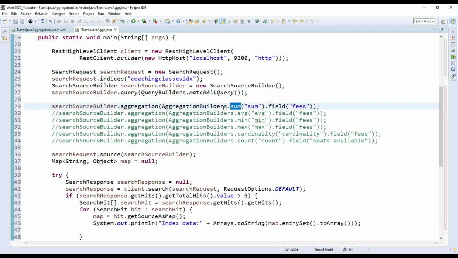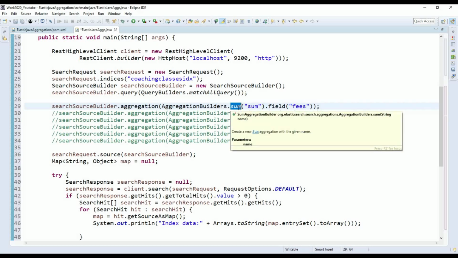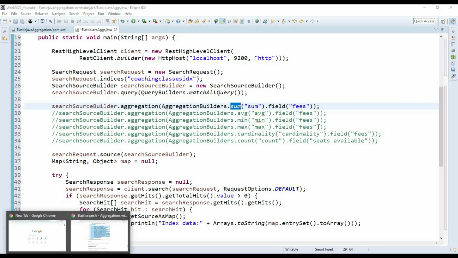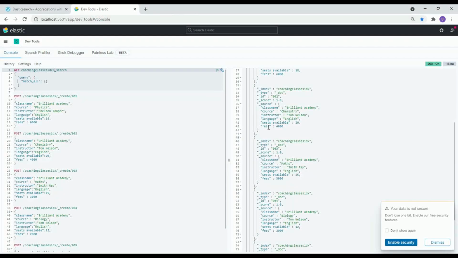I need to collect the data and find the summation of fees, meaning the total fees offered across the courses. Here the fees are 4000 for chemistry, 3000 for maths, and 2000 for biology.